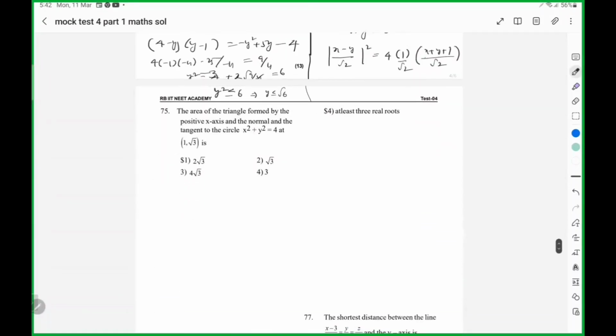So the area of the triangle formed by the positive x-axis and the normal and the tangent at where he drawn the tangent. So this point here is 1 comma root 3. So the normal is